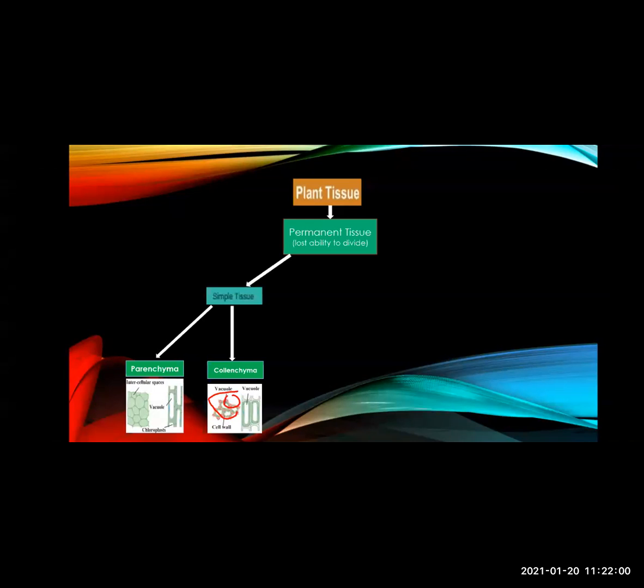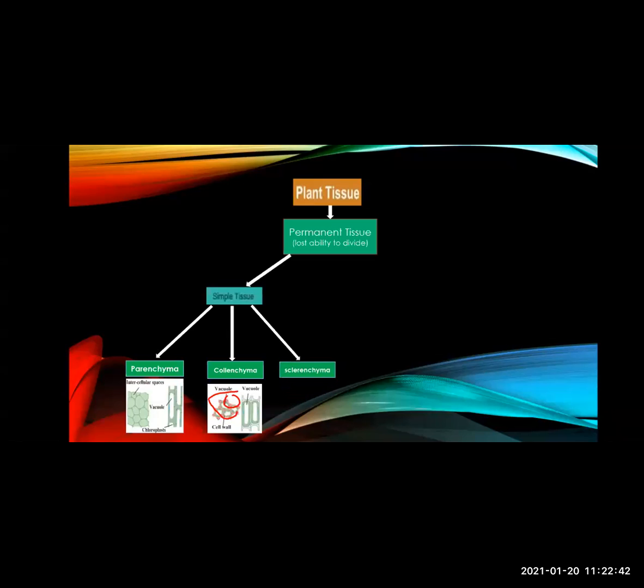Sometimes the difference between them is also asked, so I'm telling you accordingly. Parenchyma is living, collenchyma is also a living cell. But what is the difference? The cell wall. The cell wall of parenchyma is thin, whereas the cell wall of collenchyma is thick. And the cell wall in collenchyma shows deposition of cellulose and pectin, whereas in parenchyma there is no such deposition seen. And the function of collenchyma is to provide support and protection to the plant tissues.